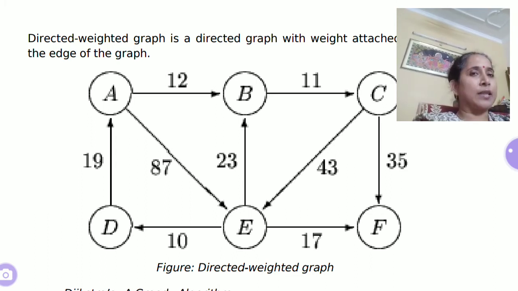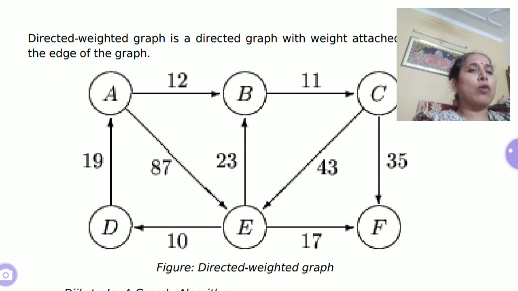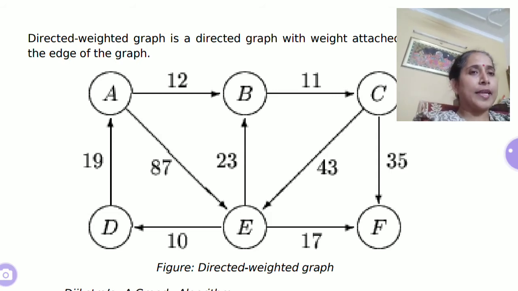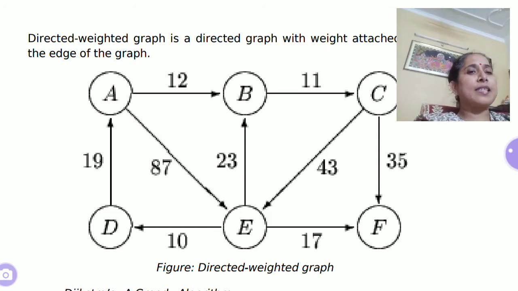और C से F पर आते हैं, अगर इस टोटल डिस्टेंस का कॉस्ट निकालिए तो इट कम्स आउट टू बी 12 plus 11, दैट कम्स आउट टू बी 23, and 23 plus 35 makes up 58. 58 would be the total distance and number of vertices covered would be A, B, C and F.